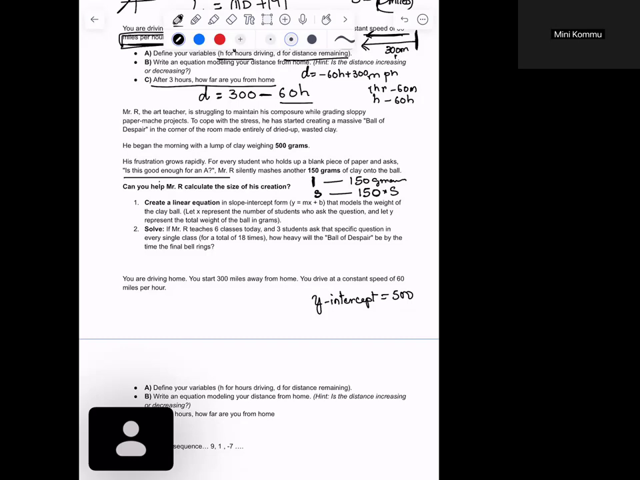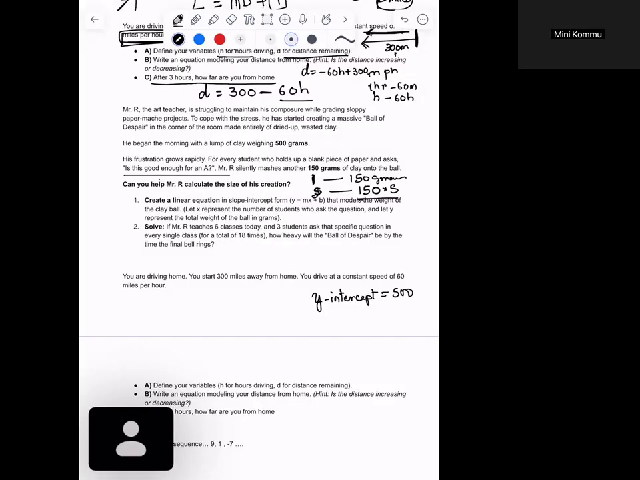We have our slope over here. Do we understand that? So let's go back. If S number of students ask the question, then he'll be putting 150 times S grams of clay, correct? So let's go ahead and solve this problem. Now that we have our y-intercept and our slope term over here,